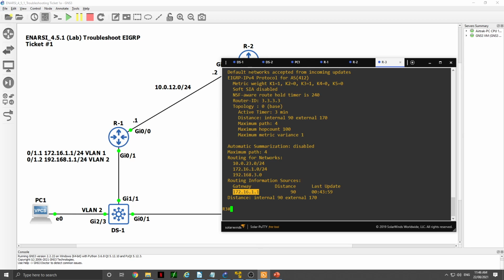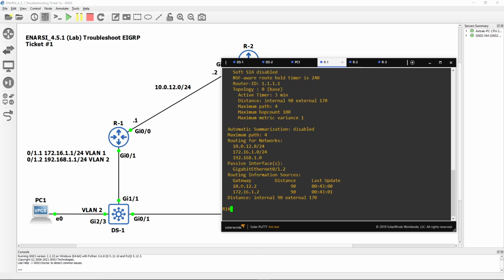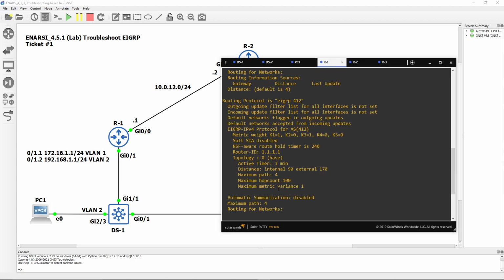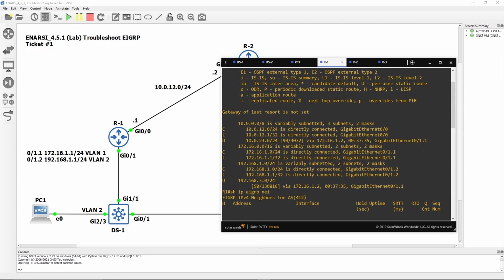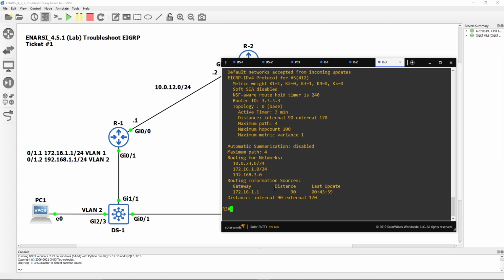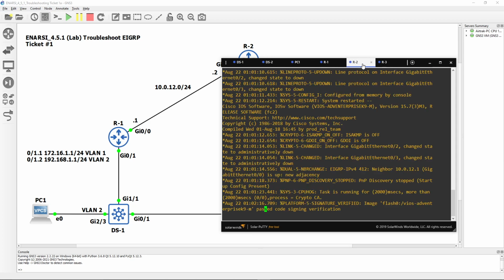So we're getting 2 things here. On router 1 we had an adjacency formed with router 2, but we were missing the network from router 2 because it was being learnt via router 3, and router 3 doesn't have an adjacency with router 2. So it seems we've got a few issues at router 2,